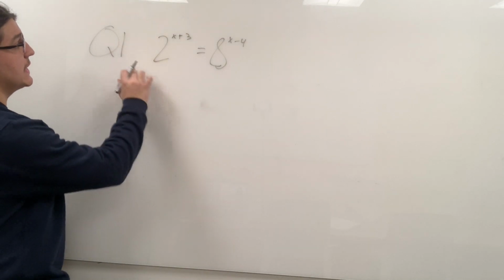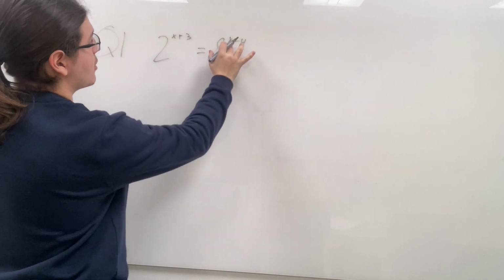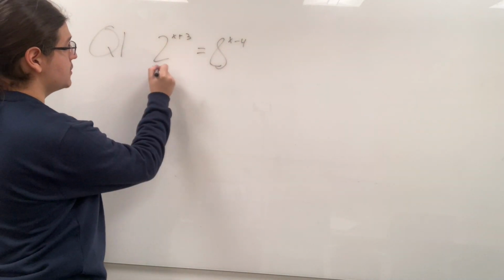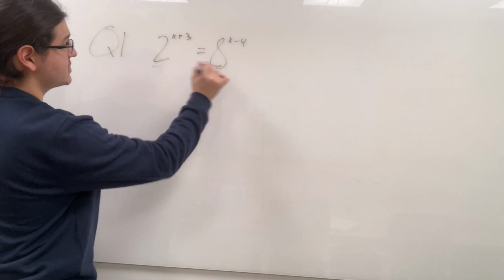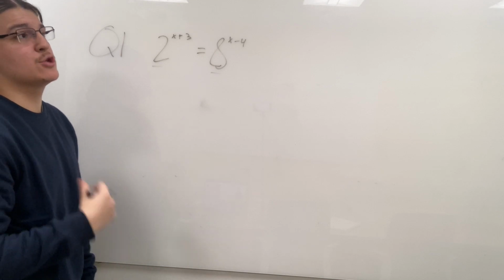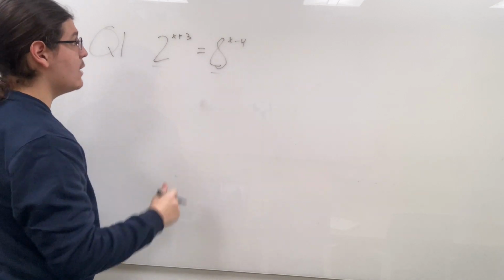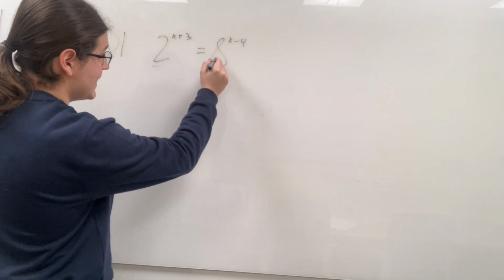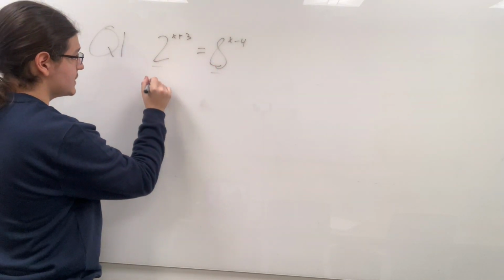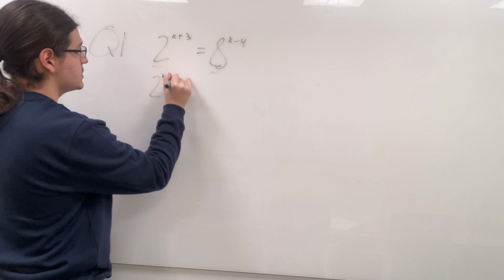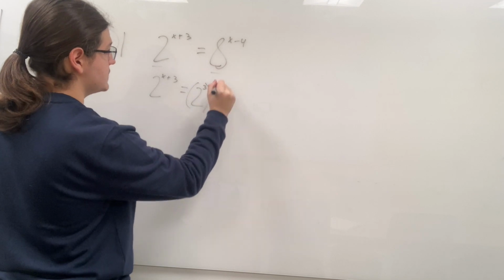Our first question is 2 to the power of x plus 3 is equal to 8 to the power of x minus 4. Now 2 and 8, although they are very similar to each other, we like our bases to be the same when we are working with exponential questions. So is there any base here that we can manipulate to get what we need? Yes, 8 is 2 to the power of 3. So we can rewrite this as 2 to the x plus 3 is equal to 2 to the 3 parentheses